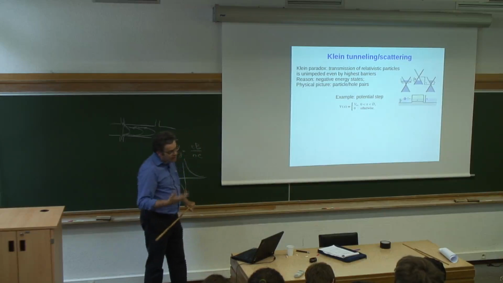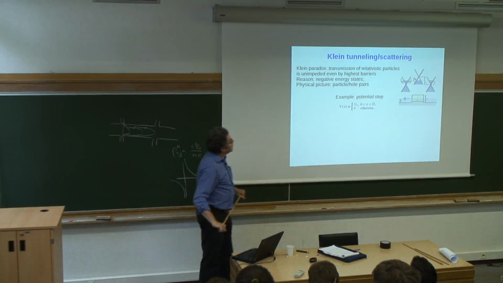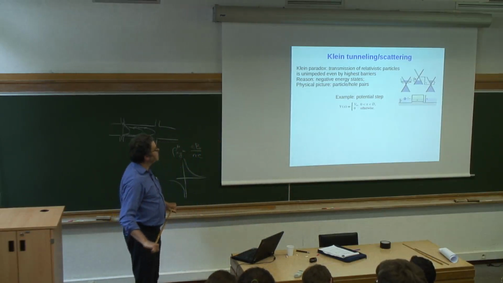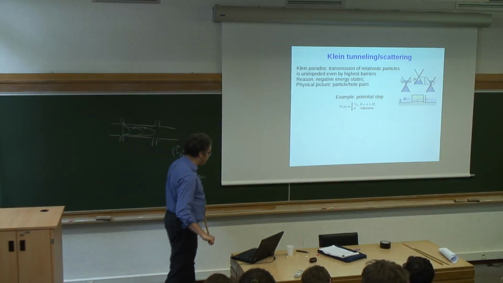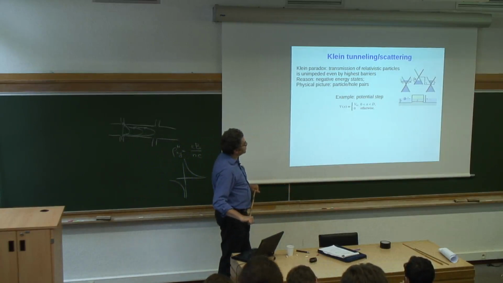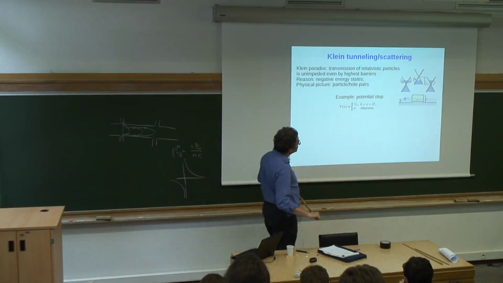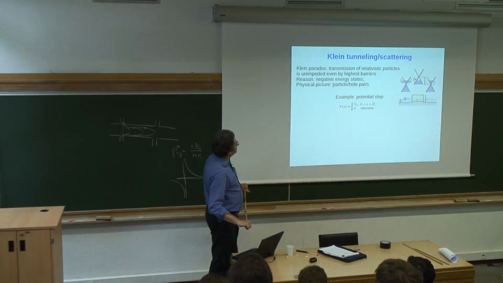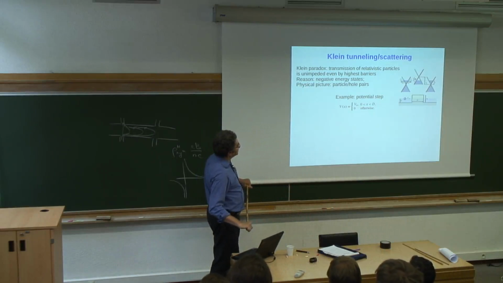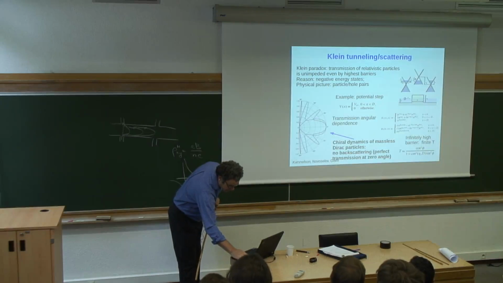So, Klein tunneling. Klein tunneling is another quantum relativistic phenomenon. Basically, as soon as the Dirac equation was introduced, Klein tried to solve the problem of a Dirac electron impinging on a potential barrier, and he discovered that the higher the energy, the easier it is for the particle to get through, and we can understand it very easily, because if we take the Hamiltonian that we, sorry, where's my,